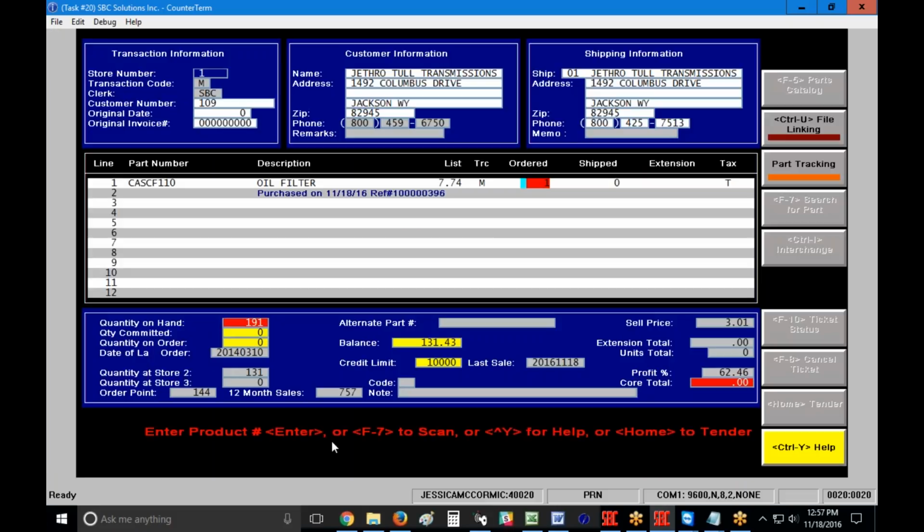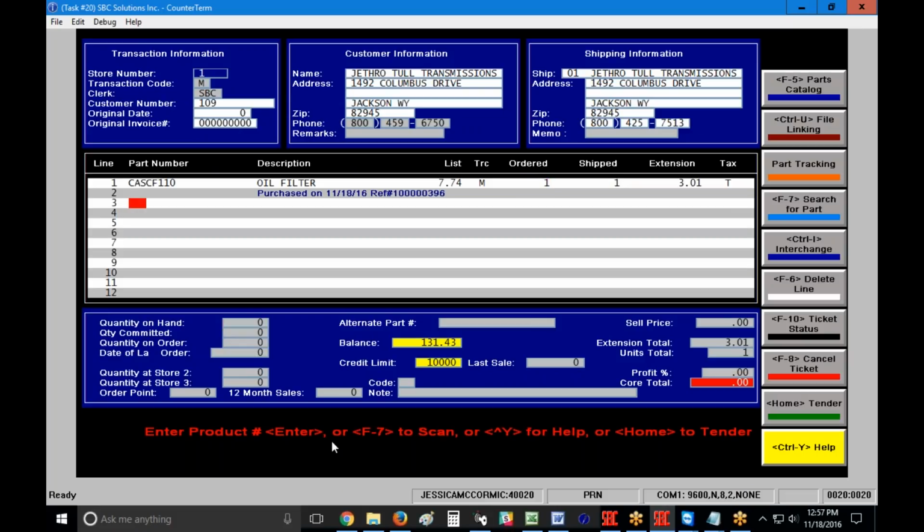I'm going to click on that, and it's going to display a line that tells me the date of the purchase, the original purchase, and the original reference number. And then I'm just going to press my enter key through the number of pieces ordered, or I can type in a different number if I'm going to return multiples. Now you'll notice that in my transaction code field that's on the actual line of my part information, the transaction code is pulling that M